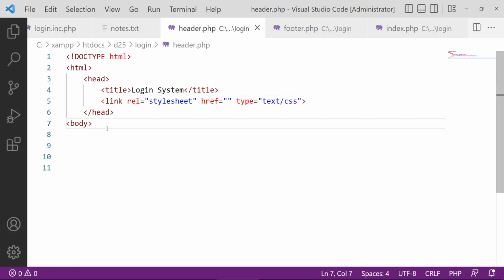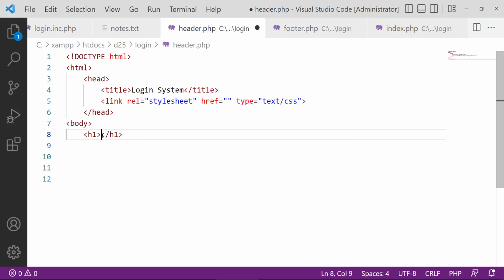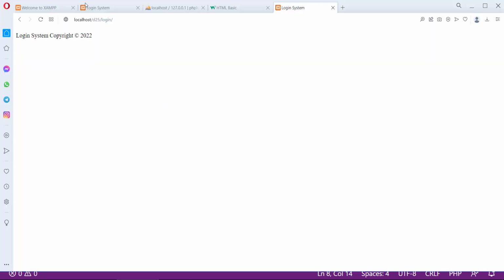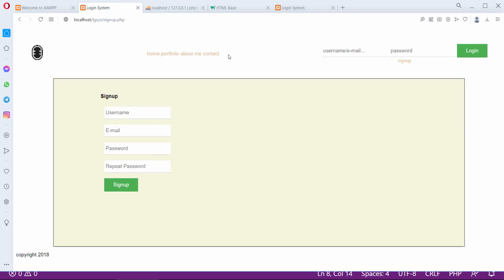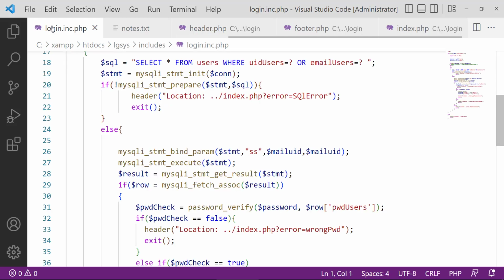Maybe let's just add something to our heading, whereby we simply put h1 and h1, then this becomes login. Perfect. So everything seems to be in order. Right. So for our login system, we've got the header, we've got the footer, but I think we've got something in between. Let's actually go back to our